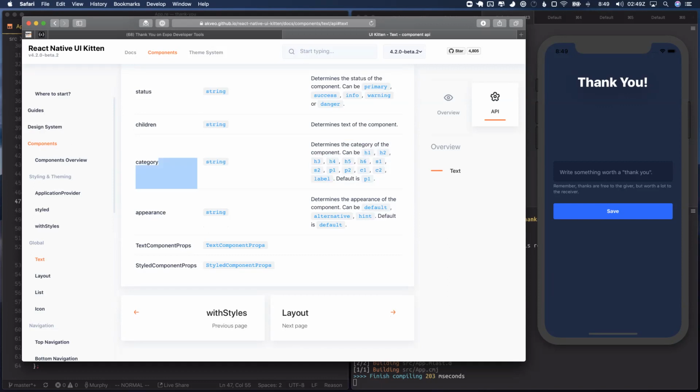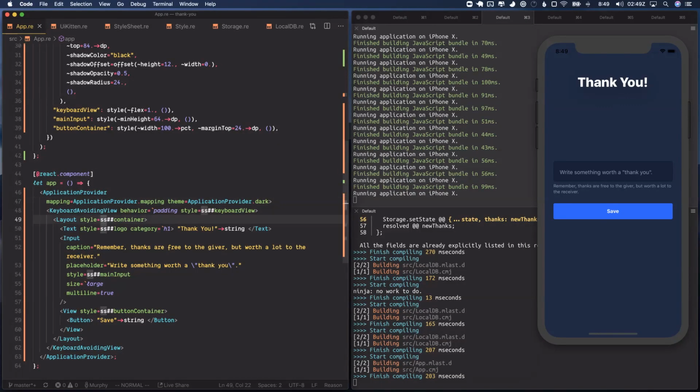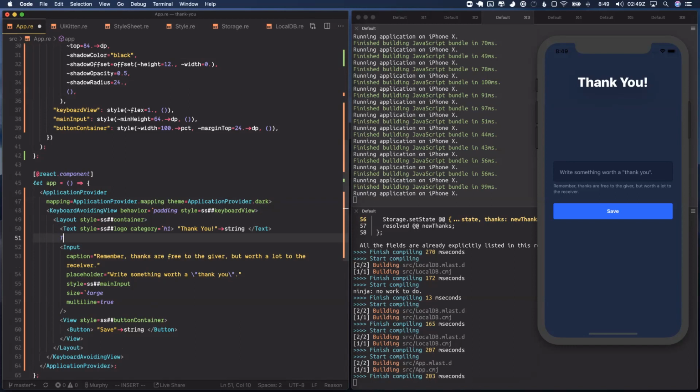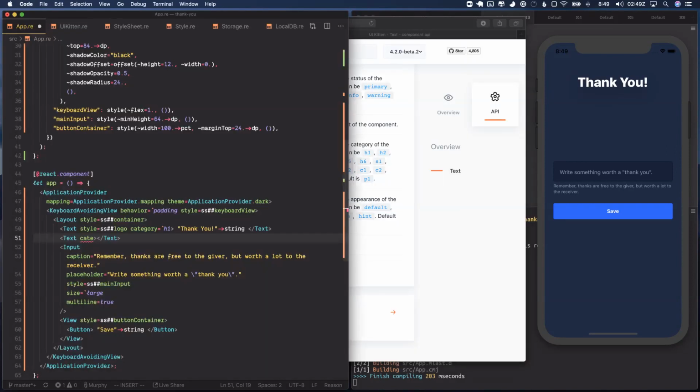So category, I believe I already have bound in here. So inside of here, we could say text, and then let's throw in some other text, and it's going to be a category, I believe it was. Category equals S2. Oh no, not SS, the S2. There we go. Text, and now it's complaining because I need to pass children in. So I'm going to say the children are the string